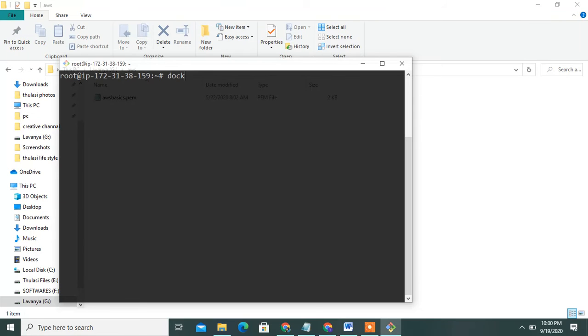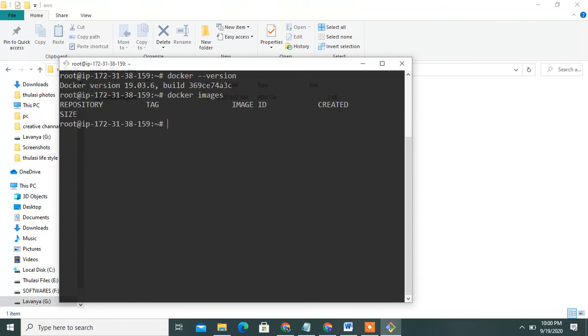First of all, check whether Docker is installed or not. Docker is successfully installed on the machine. Check the images. What is the command? docker images. See, there is nothing else.